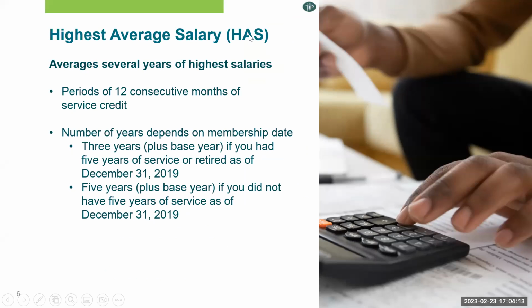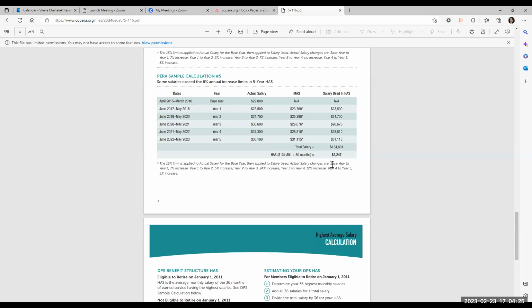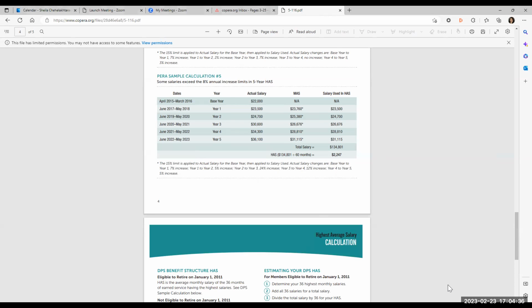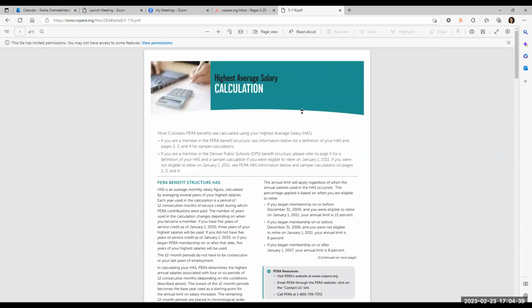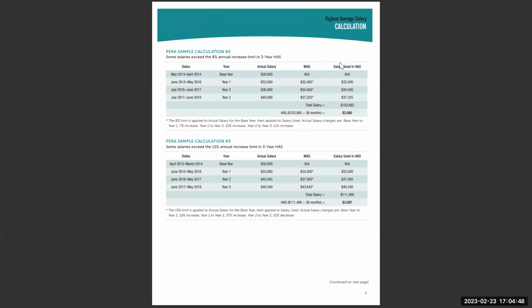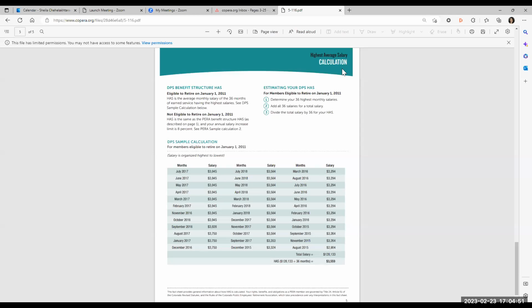So I like to explain this not just with this slide that's super ambiguous, but I'm actually going to show you an example of what this looks like. So can you guys see these calculations? Is that what you're seeing? I don't know why I can't see what you guys are seeing, but. Yeah, it's a little bit small. If you can zoom in. Yeah, let me zoom into that. Just make it a little bit bigger for you guys. Come on. No, that didn't help. All right, let me see. There we go. Okay.